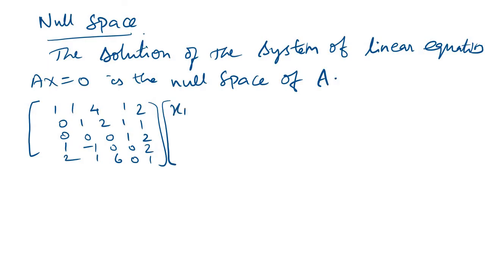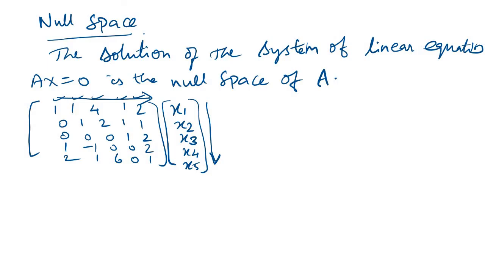And here we have 1, 2, 3, 4, 5 columns. So the solution matrix containing the 5 elements x1, x2, x3, x4, x5. So the number of columns is 3. We can write x1, x2, x3. So x1 to x5 we have written depends on the number of columns, because in matrix multiplication we multiply in this way,